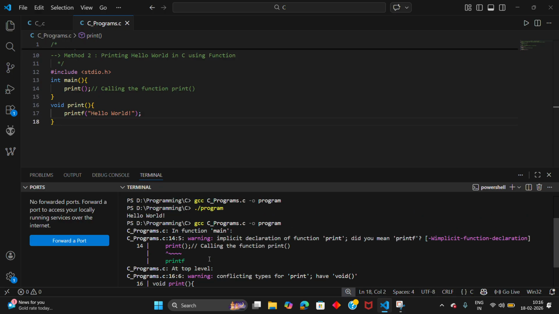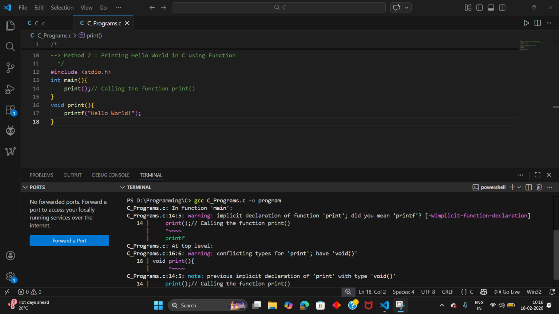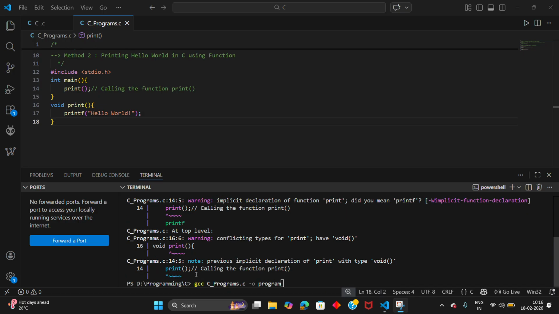It's a warning. Okay, implicit declaration of function print. Did you mean printf? Okay, it's a warning. And also there is an error. Okay, why did we get this error? You need to remember that before you are going to use the